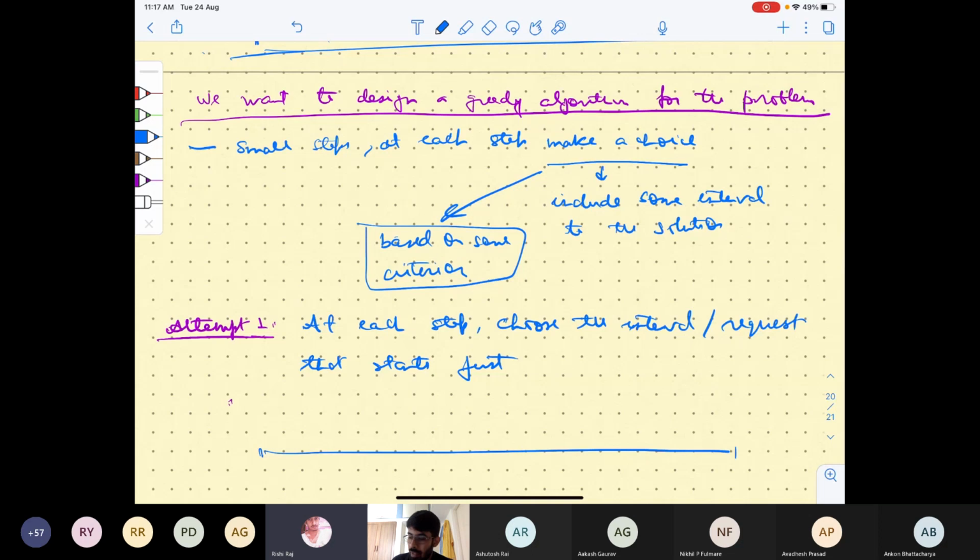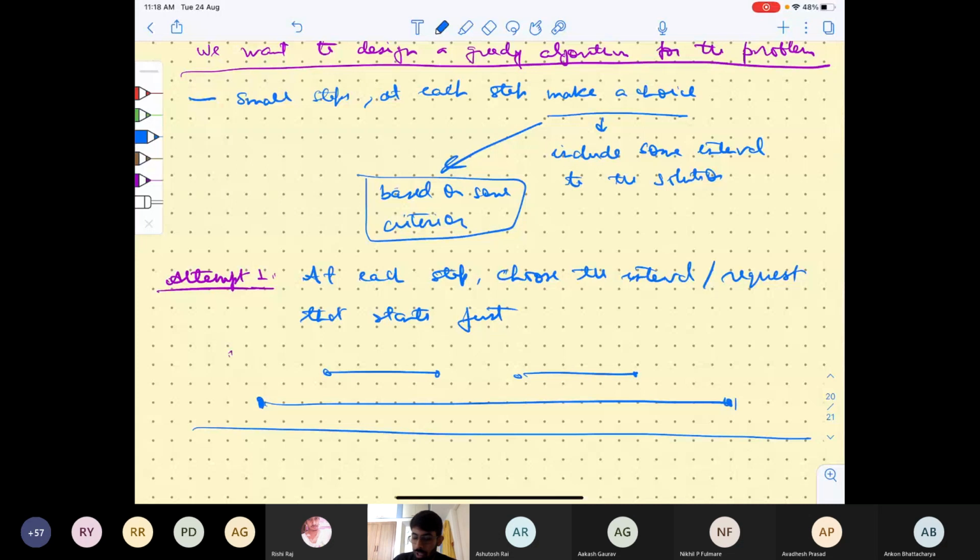Two intervals that lie within this interval and start after it. Suppose this itself is an interval, and this is your number line. Then there are two intervals which lie within it, and they are disjoint, and they start after it. This is what you're saying, Rishi. Yes. Now, even though this interval starts first, so it will get scheduled, it is so long that this cannot be scheduled and this also cannot be scheduled. So the algorithm outputs one